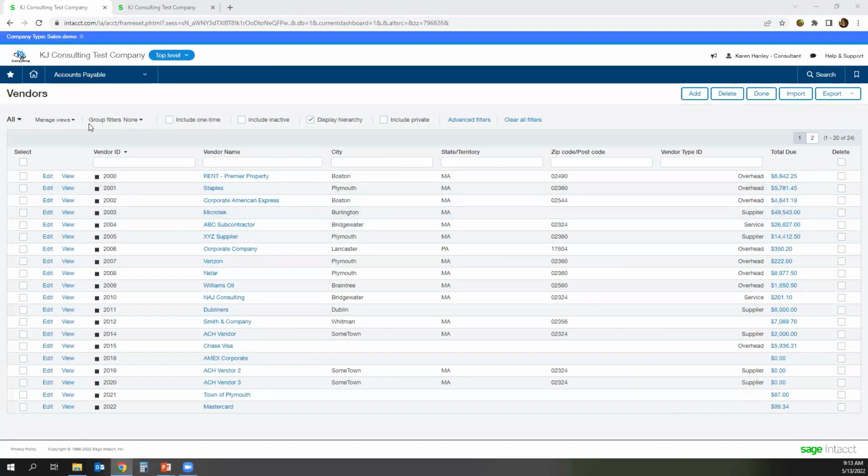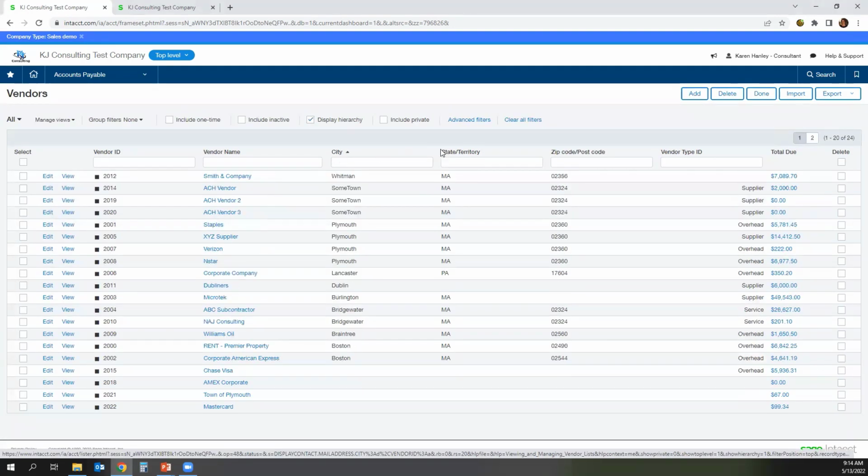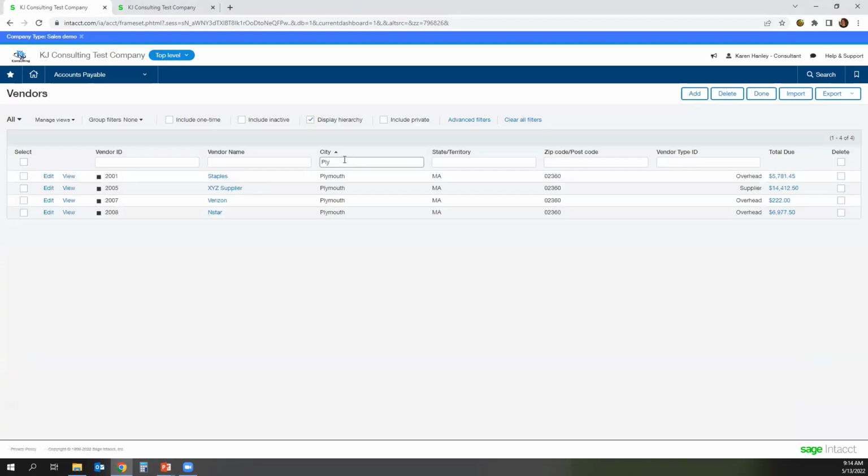On the vendor screen, I have a list of vendors. Clicking on any of the headers, you can resort the data by that heading. You can also filter the data. So if I wanted to find all vendors located in Plymouth, I'd start typing in my city, and it does